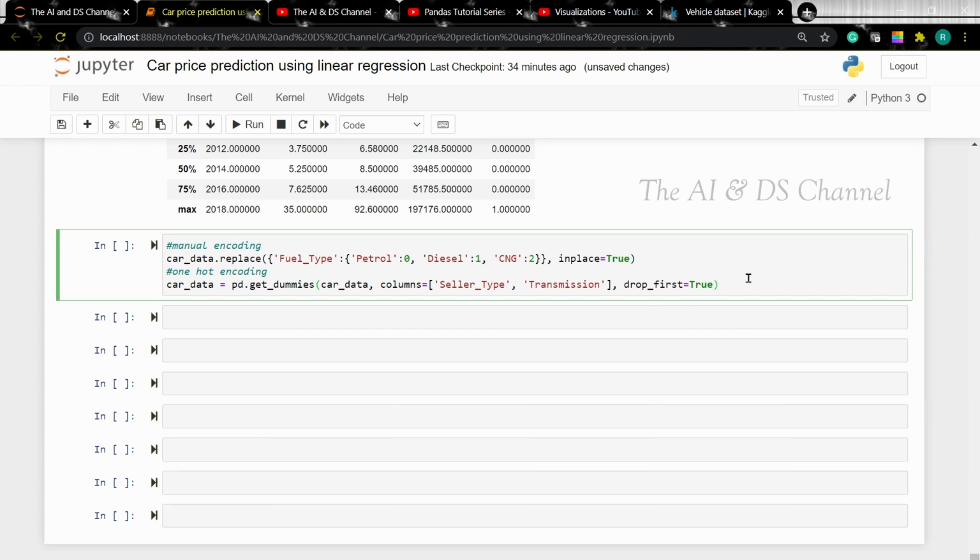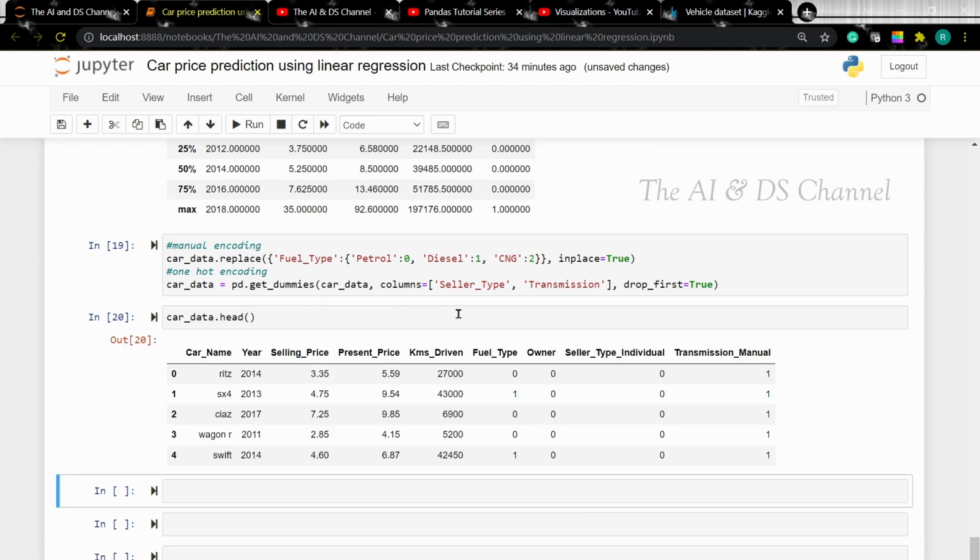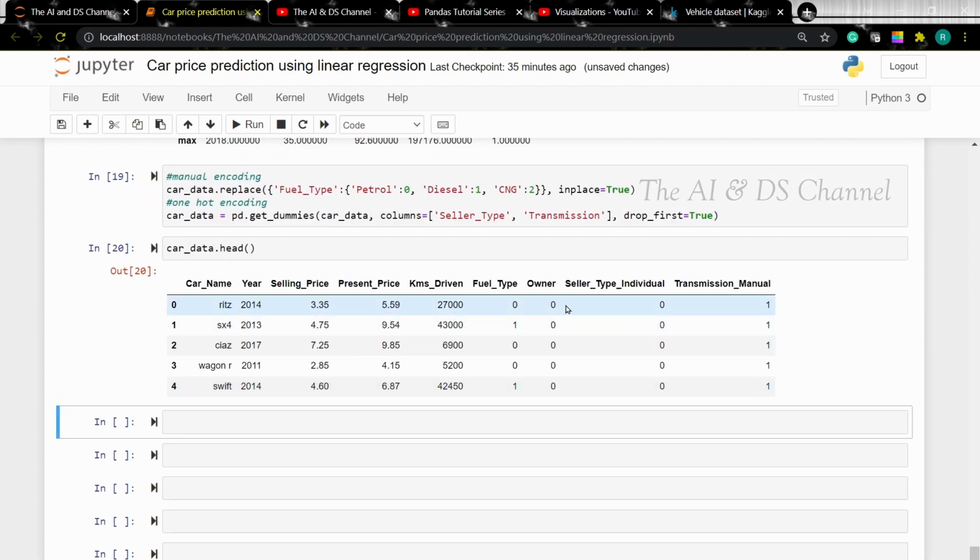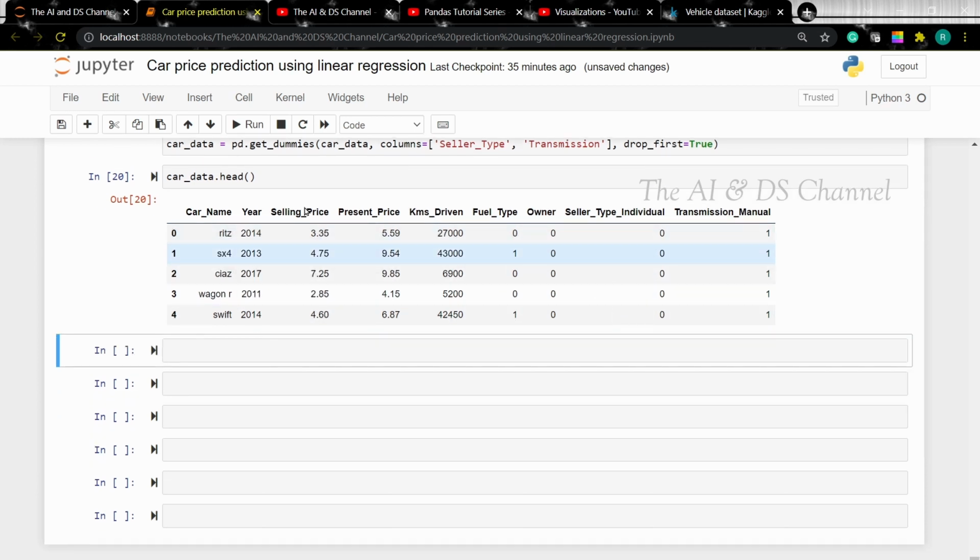So what one-hot encoding does is it will create new dummy columns and drop the original column. Now to see the one-hot encoded data, we can use the head function. Now as you can see here, our data is changed and these are the new columns.